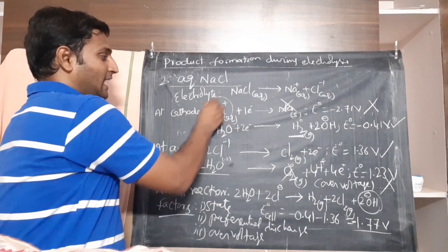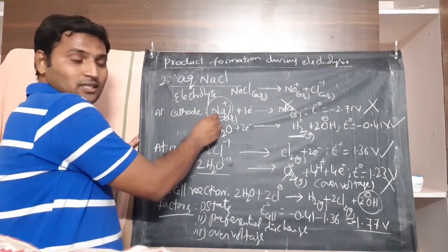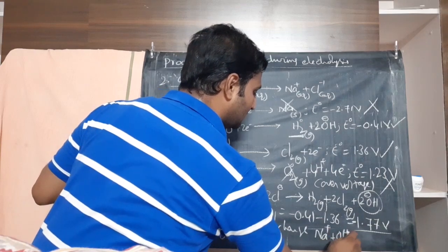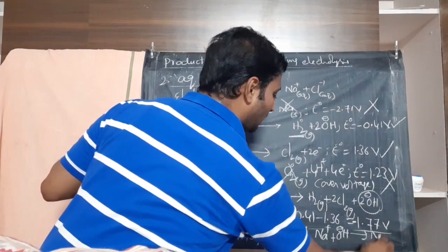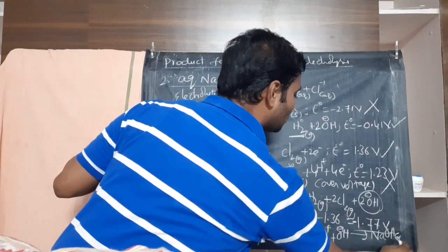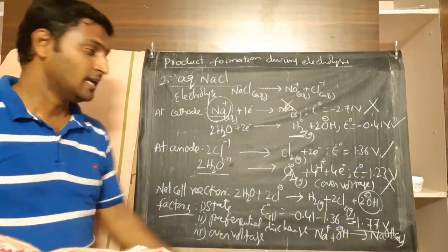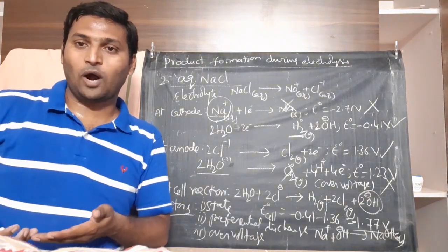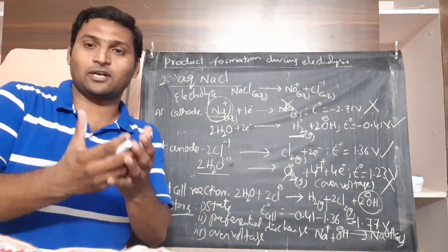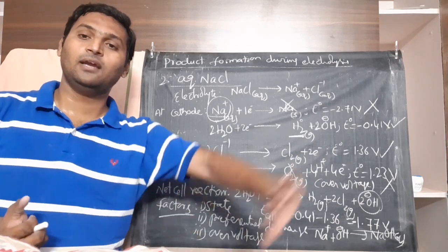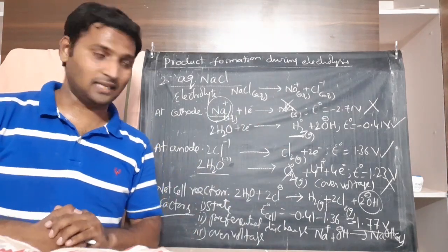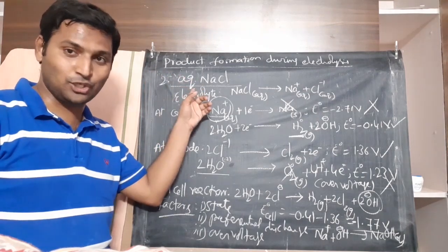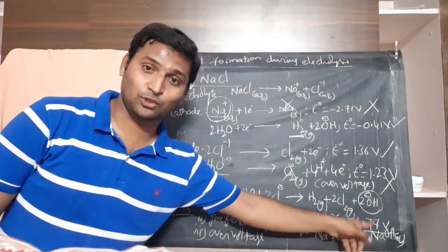At the same time, the Na plus ions remain unused. Now, the remaining Na plus ions and OH minus ions in the aqueous solution form aqueous sodium hydroxide. Now that aqueous sodium hydroxide can be separated, the water can be evaporated, and sodium hydroxide can be crystallized and marketed. That means electrolysis of aqueous sodium chloride gives you a byproduct called sodium hydroxide.